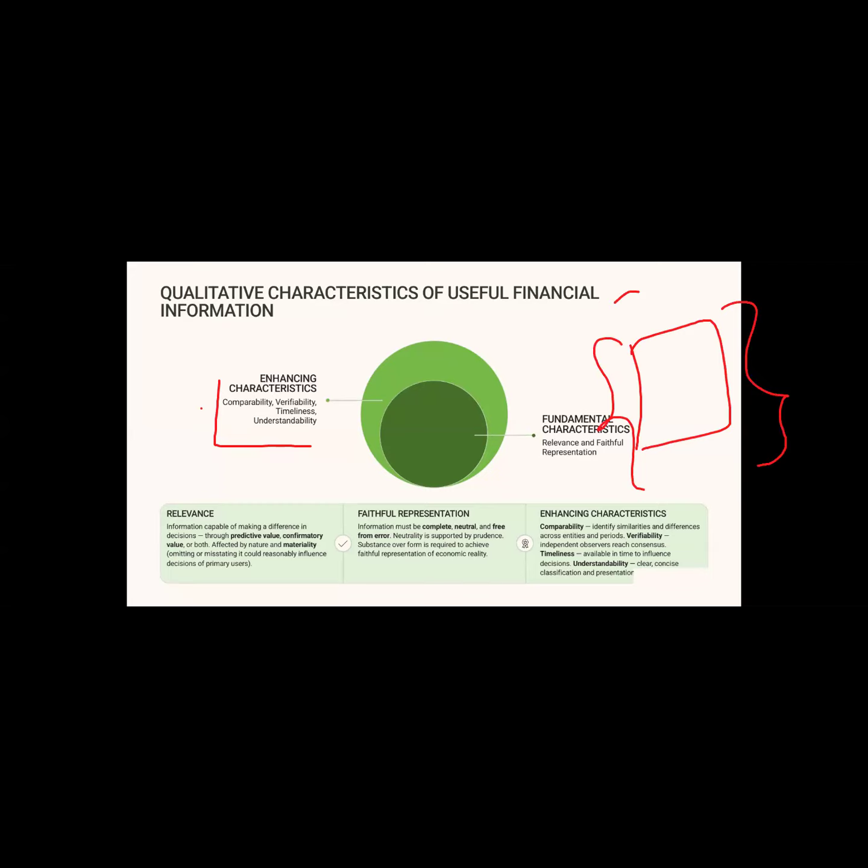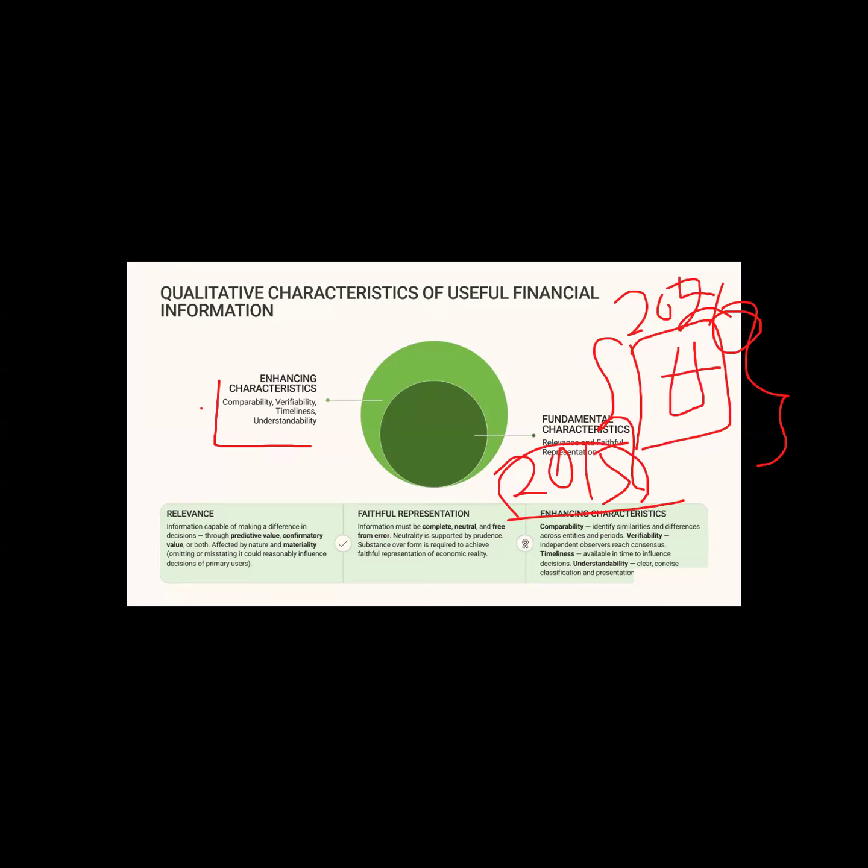Now let's say you are preparing financial statements for 2026. Okay, but you are including information from 2015. You purchased furniture or something, but you are recording that amount. Is it relevant to 2026? So if we are providing information for 2026, it should be something that happened in the particular financial year.